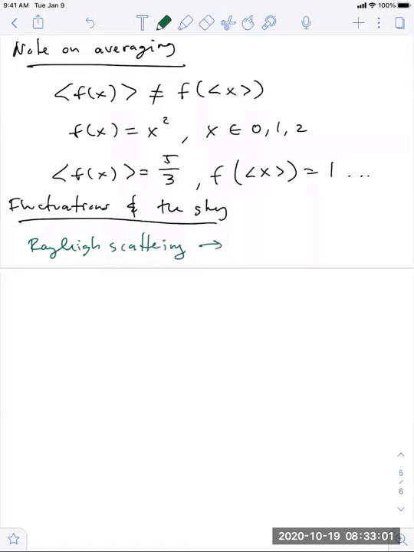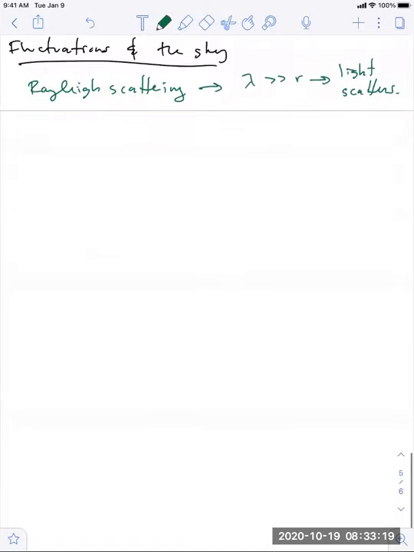Which basically says that if light is incident with some wavelength, where the wavelength is greater than the particle it's incident upon, then the light will scatter. And then the actual details of all of these equations are not super relevant for your course, but I'll just go through them. So we can say the intensity of scattered light incident with some angle theta is going to